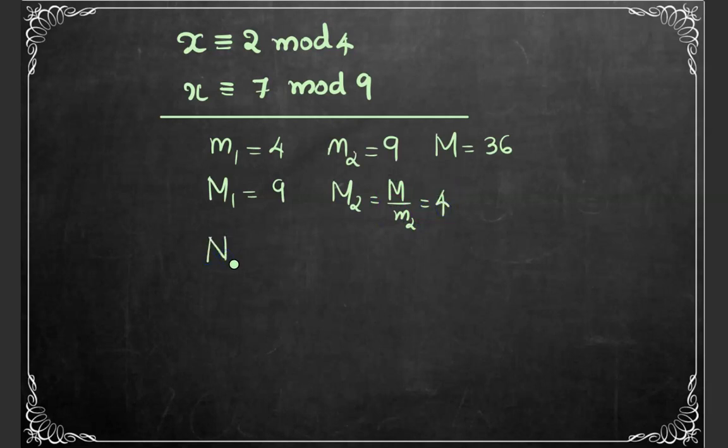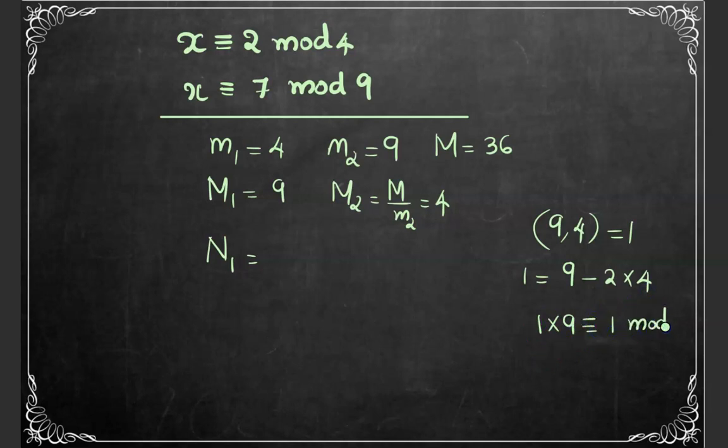Then if we denote n1 as the multiplicative inverse of m1, we can see that since GCD of 9 and 4 is equal to 1, 1 can be expressed as 9 minus 2 into 4. So 1 into 9 will be congruent to 1 when considered modulo 4. So that n1, which is the multiplicative inverse of capital M1 modulo small m1, will be this coefficient 1. Similarly, n2,